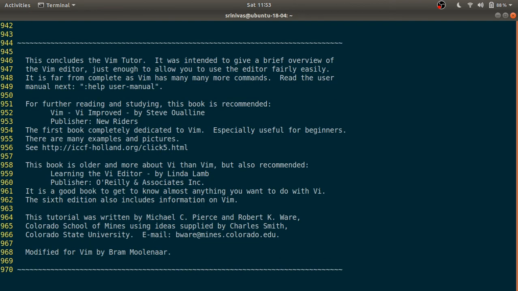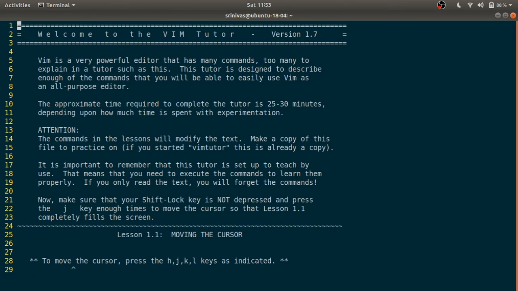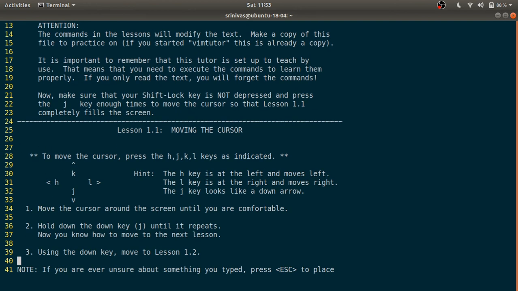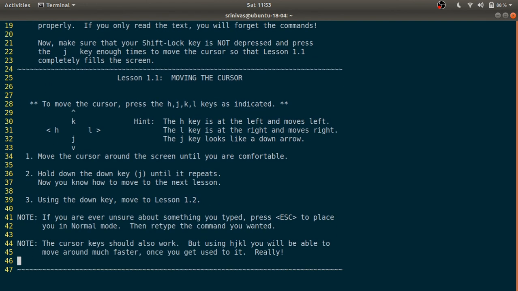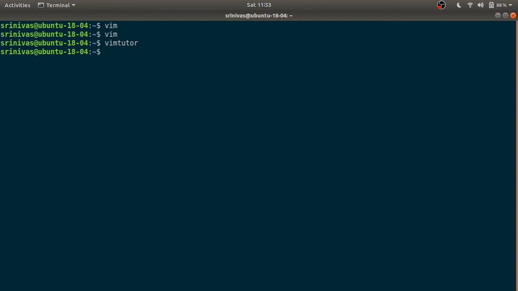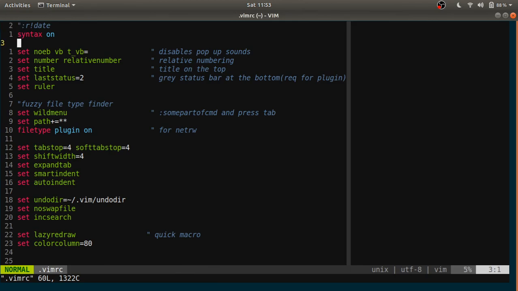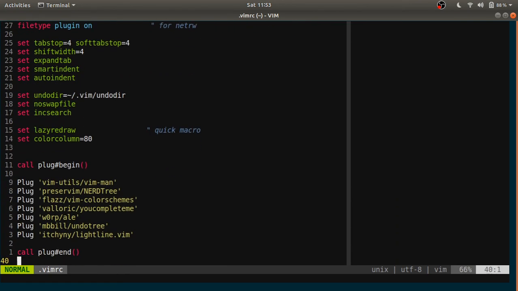And what I want to say is, let me know if you guys want me to explain the Vim Tutor in one of my videos. And yeah, for example, if you guys don't know what is VimRC, VimRC is something that enables all these settings when I start Vim.